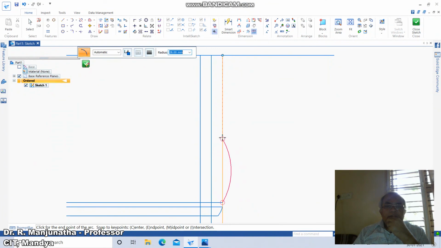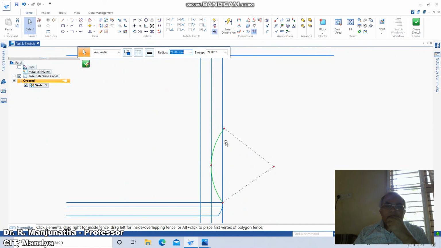So you take this point, that is, click on the end point of the arc, so that is here. Then the radius is 28, so you click over this, and then as we drag, you can see, because this is a very approximate way of doing it. So here we don't get the exact arc. That is basically because this is an arbitrary point we are considering. So we'll be able to get only a portion of this arc.